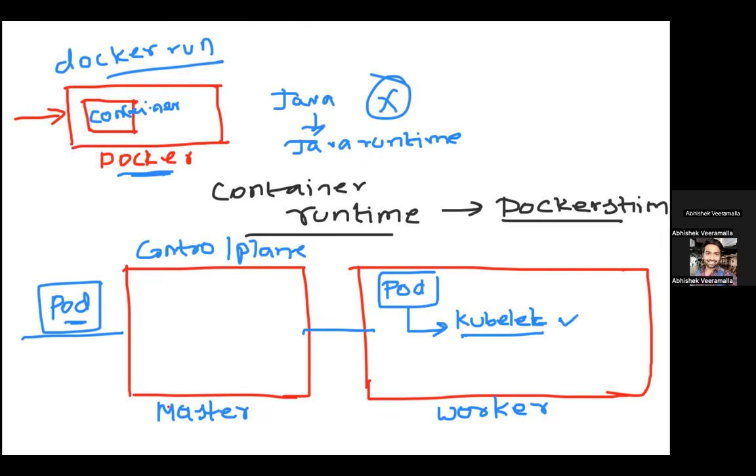But even if the pod has to run, like I explained here, there needs to be something called a container runtime, right? Inside a pod, you will definitely have a container. So for this container to run, even on Kubernetes, you need to have a container runtime. But the only difference is in Kubernetes, Docker is not mandatory. In Docker, like I told you, there is Docker shim. But in Kubernetes, you can use Docker shim, you can use containerd, you can use CRI-O.